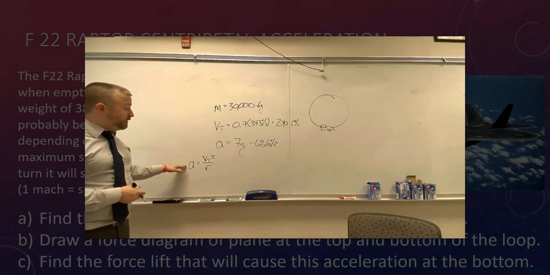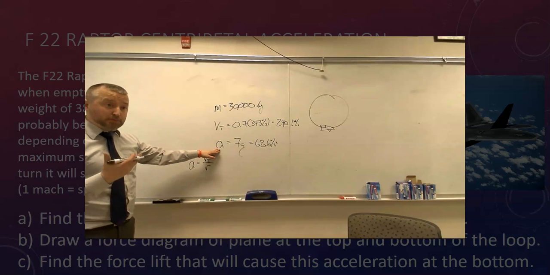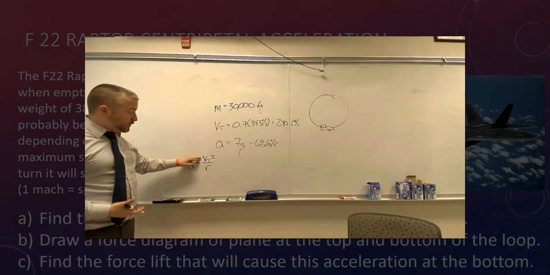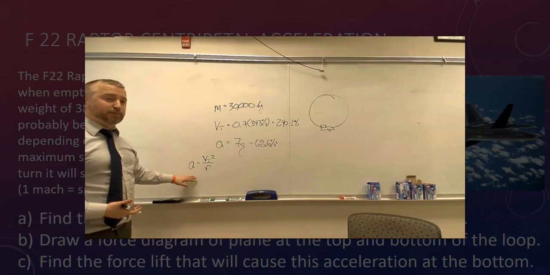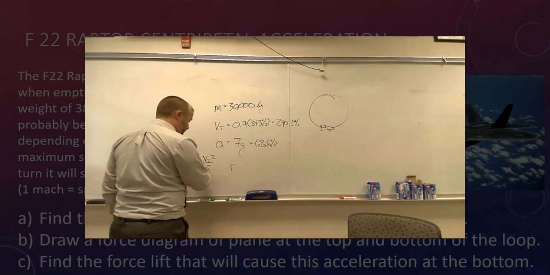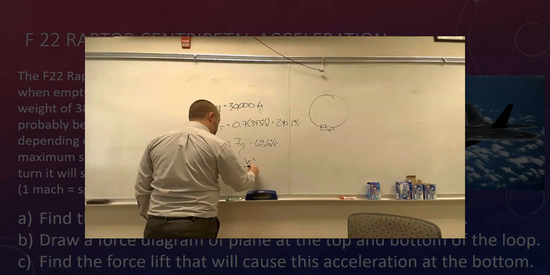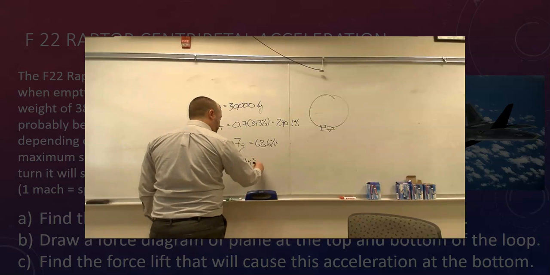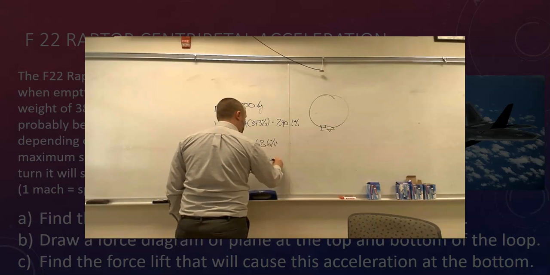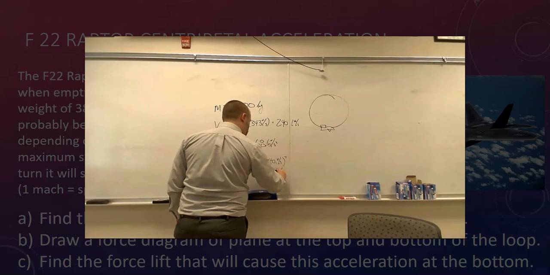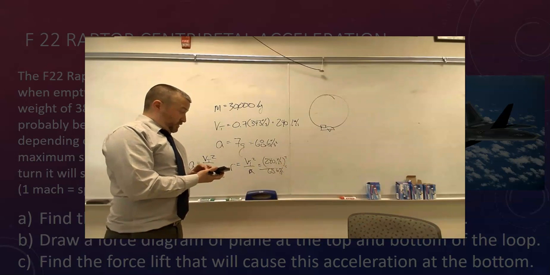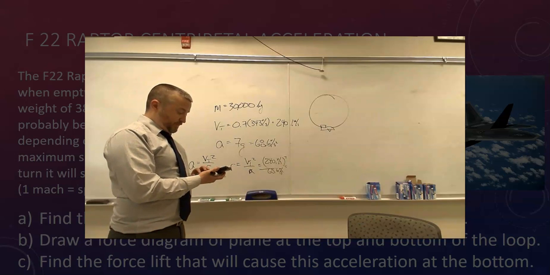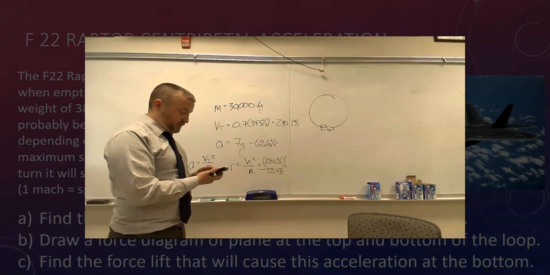So really what we say here is if we have this amount of acceleration that is provided by a sum of forces, and you're going this fast, what radius essentially can we pull off? And that's just going to be a simple radius: radius is equal to vt squared over acceleration. So that's going to be 240.1 meters per second squared divided by an acceleration of 68.6 meters per second squared. 240 squared divided by 68.6, and you get